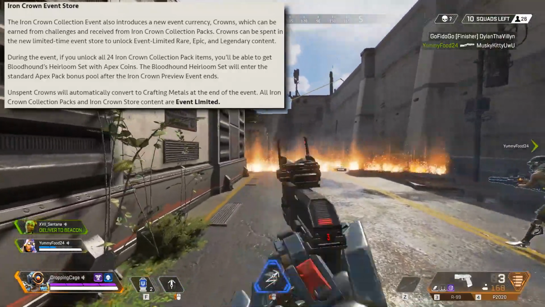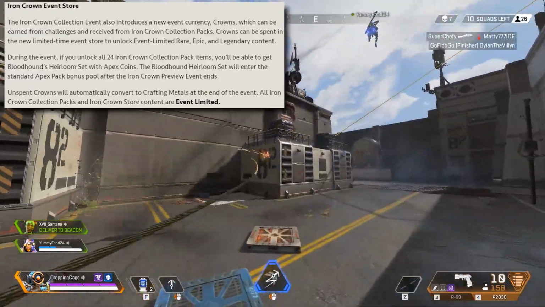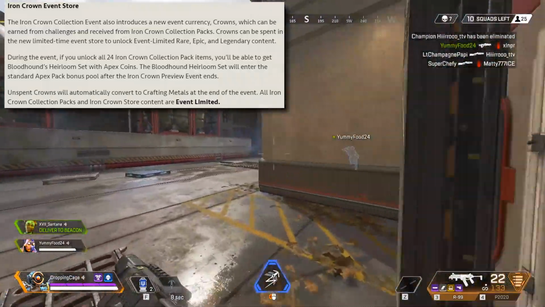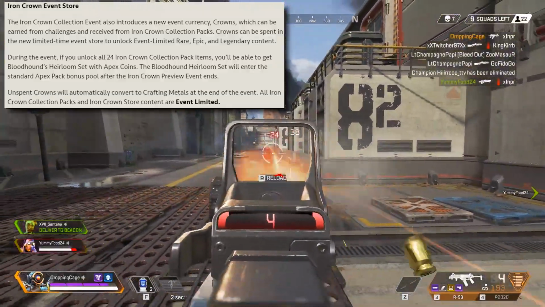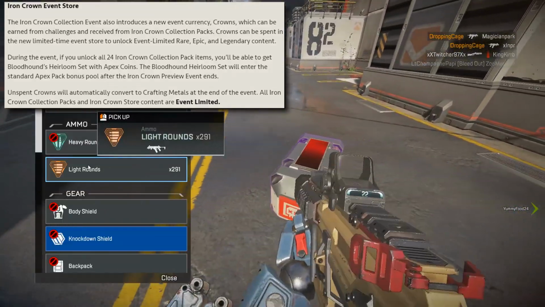Then they go on to say during the event, if you unlock all 24 Iron Crown Collection pack items, you'll be able to get Bloodhound's Heirloom set with Apex coins, which is insane. We finally have the second Heirloom set, and the Bloodhound Heirloom set will enter the standard Apex packs pool after the Iron Crown preview event ends, and then unspent crowns will automatically convert to crafting materials at the end of